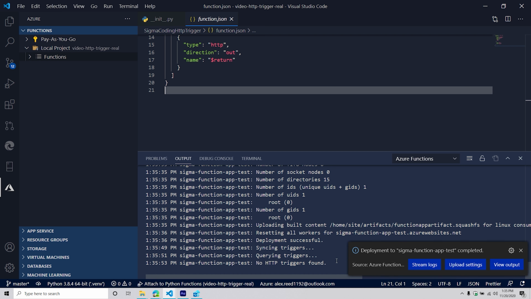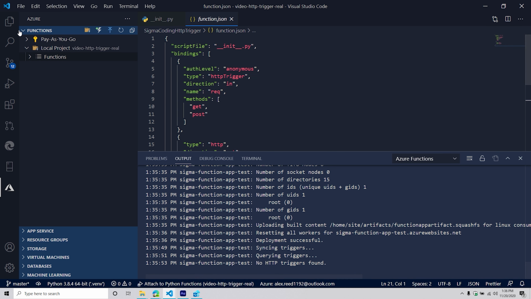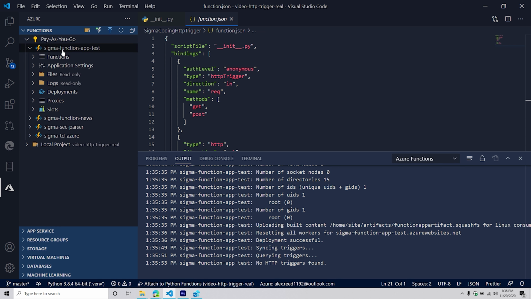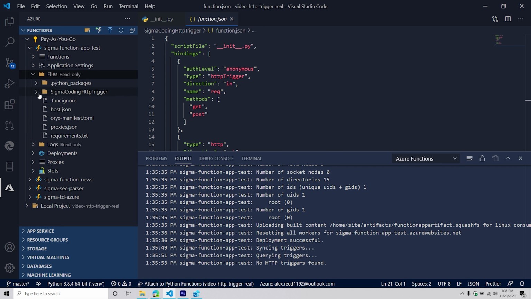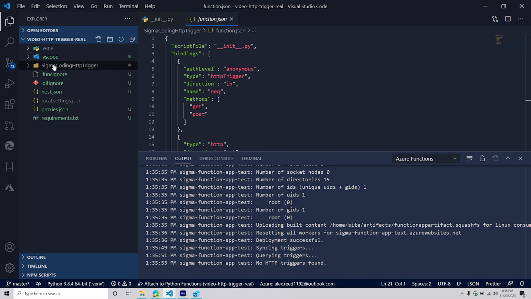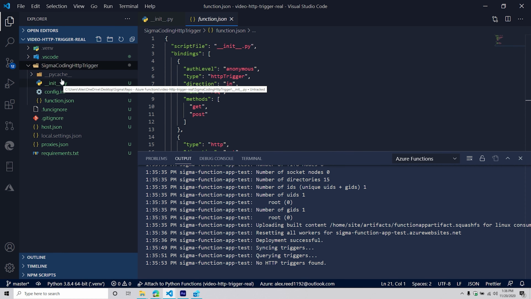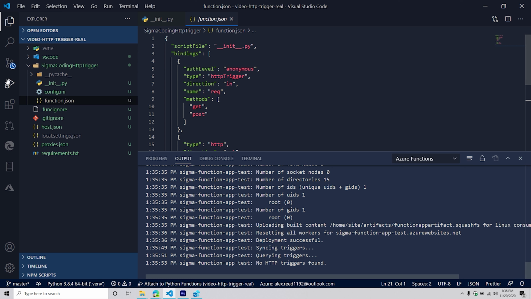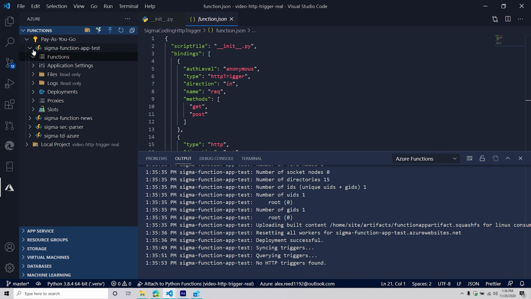Okay, deployment, no HTTP, okay, perfect. View output. So now if I open up this one, I now have it under here. You can actually see your files, you can see your application settings, you can see your functions, all sorts of different stuff. And then from here, it's kind of odd. It doesn't look like